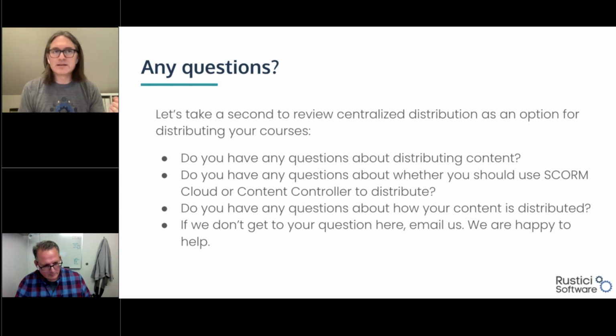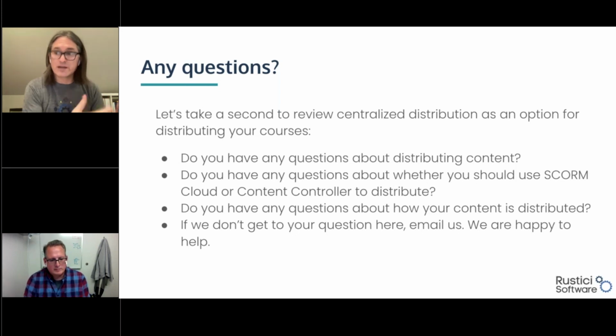So it's not the only thing that SCORM Cloud is helping with. So the feature set tends to be a little bit less. Happy to do side-by-sides on those types of things. If you're interested in actually opening up both applications, I can go in and really show you the specific differences between the two, but it's really going to be a wider set of functionality within Content Controller, a more limited set of functionality within SCORM Cloud.